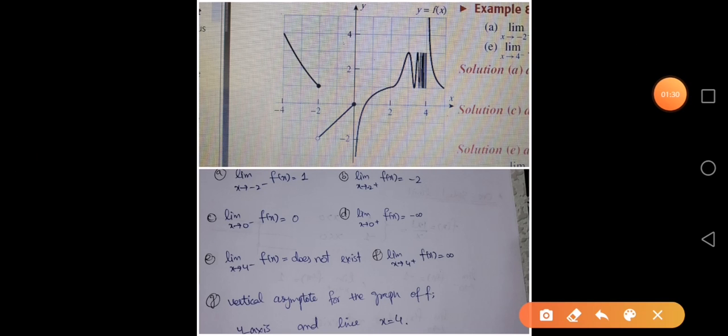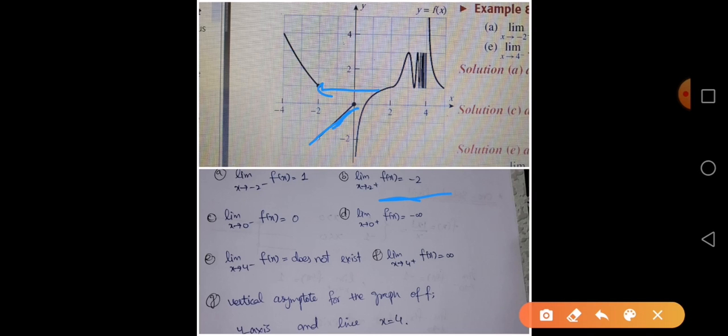Check out the graph given in this figure, and we have to find the limit as x approaches -2 from the left-hand side. Here we have -2, and when we approach it from the left-hand side, in this portion of the graph, it is approaching 1. So from the left-hand side it is 1. For x approaching -2 from the right-hand side, the graph in this portion is approaching -2. That's why its value is -2. So you can see that the two-sided limit will not exist in this case.